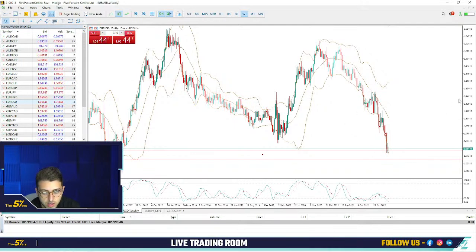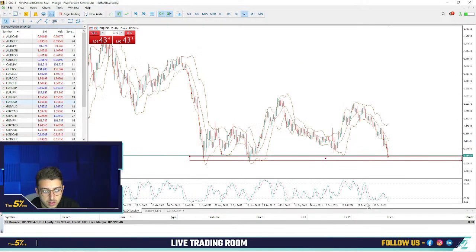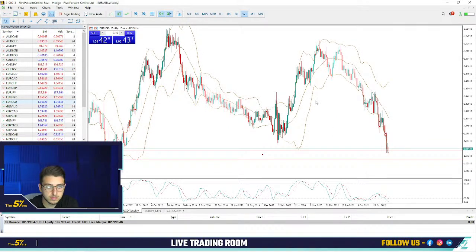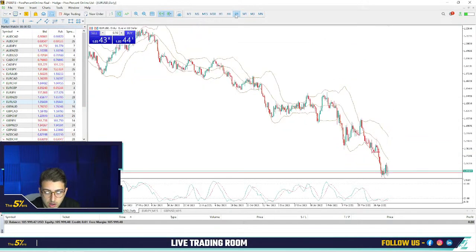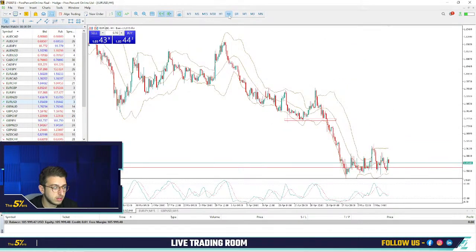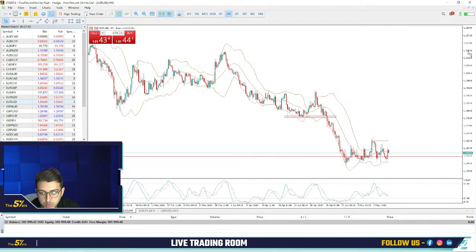Looking at that chart, as a day trader you must have a certain understanding of technical analysis and what's going on with price action and the chart. I don't see myself making a short here, making a sell here. Even though I still believe that the dollar is very strong, and we'll see in the near future maybe 1 for the euro dollar, I don't feel comfortable making a sell here. So the only thing I will do is probably making a buy with very strict and tight risk management. That would be the only thing I would be focusing on this week.